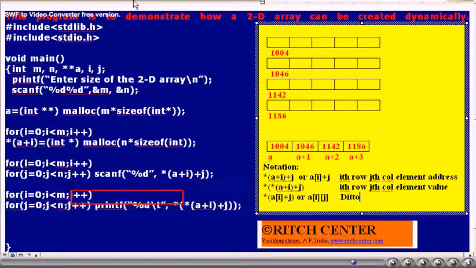Why? The memory which is used to store the base addresses of each row is now freed, and there is no way to access the base addresses of the rows. Thus, if we want to deallocate the memory of this 2D integer array, first we have to deallocate each row, that is, the memory allocated for each row, by sending their base addresses to the free function, and then we have to call free of A. Only then will we have a smooth disposal of the memory.